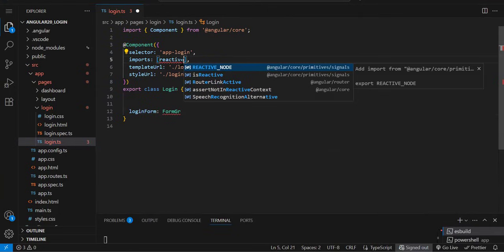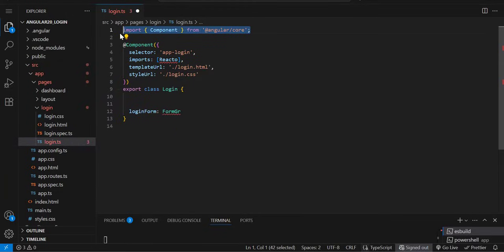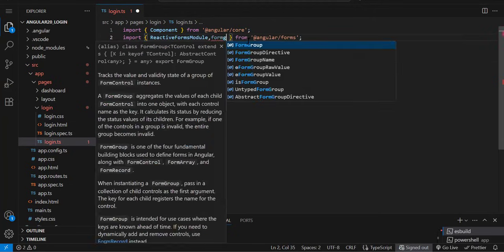Why is it not suggesting? Let's add the import for the first time, Angular slash forms, and then it should import ReactiveFormsModule, and this we need to import over here. Then we need the FormGroup also. So FormGroup